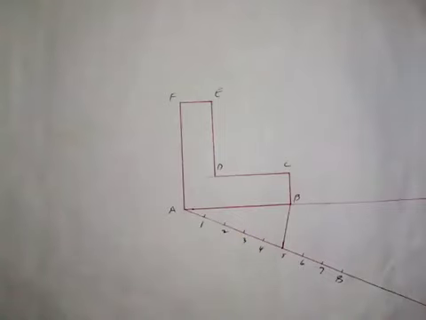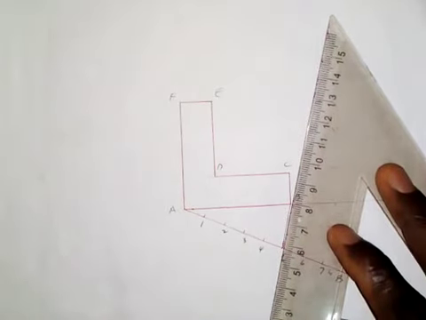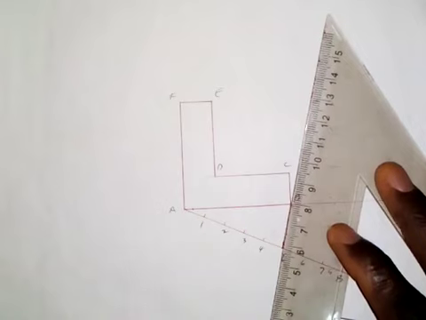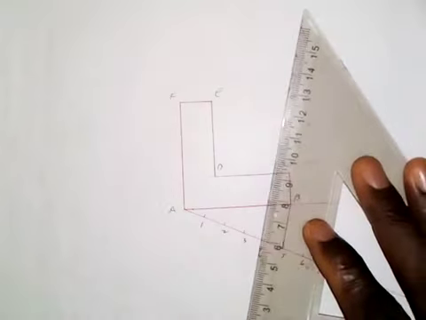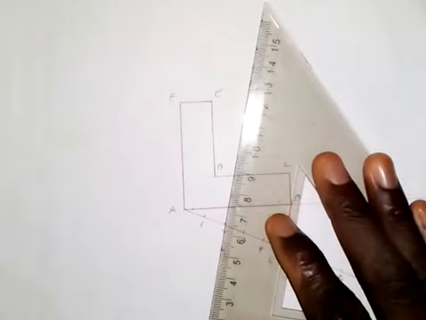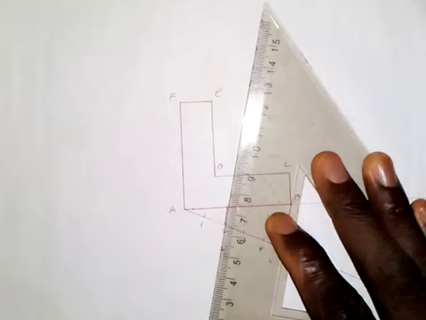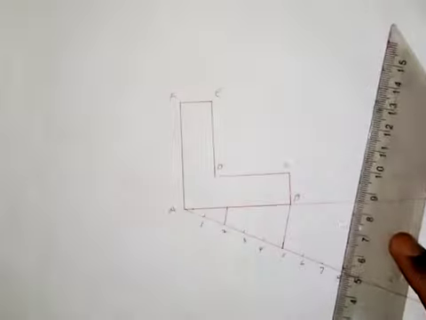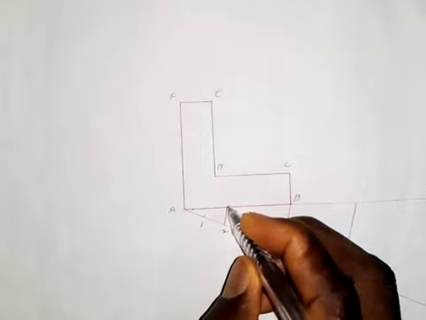Alright, the next thing that I'm going to do here is to set my set square along this line B5 or 5B. Then I will move it. I will take it inside to point 2 as we have that the reduction is 5:2. So I will take it to point 2 here like this. I will draw a line to meet this point on the line. For enlargement, I will move it to 8. So this point from 2 to this point is for reduction, while